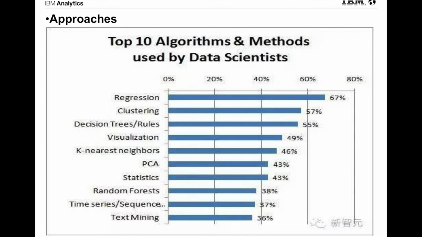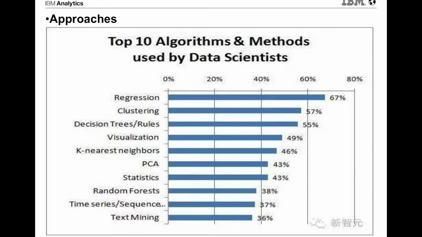This is from the beginning of 2016, a survey of data scientists on which algorithms are used more and more and are popular. The table below is the top 10 algorithms. The first is the regression algorithm. The regression algorithm focuses on the relationship between variables. There are two kinds for this algorithm. One is called regression. Another one is classification.